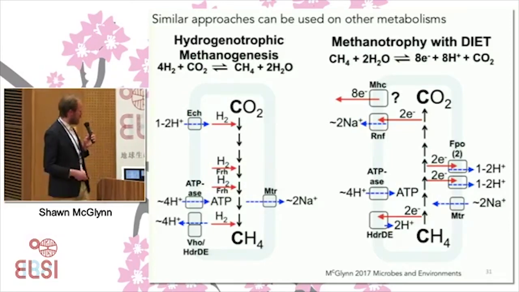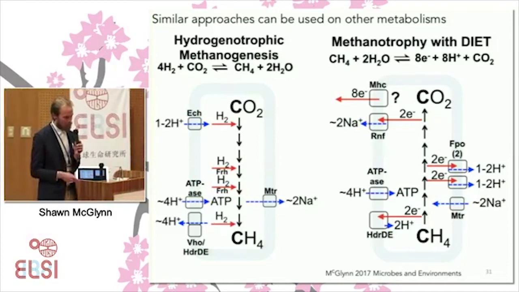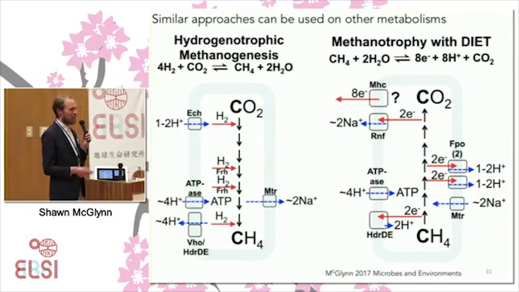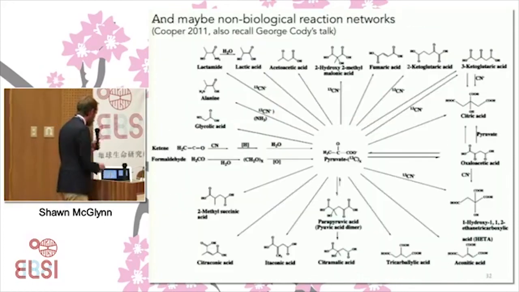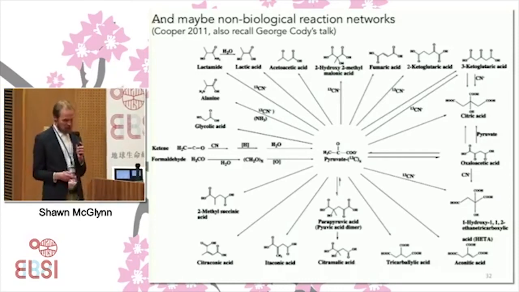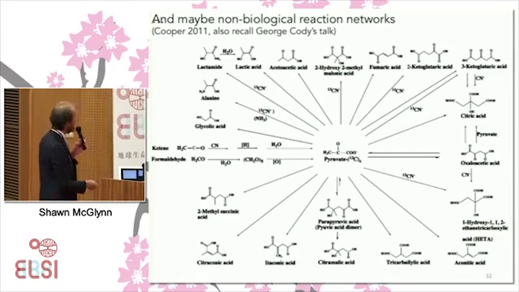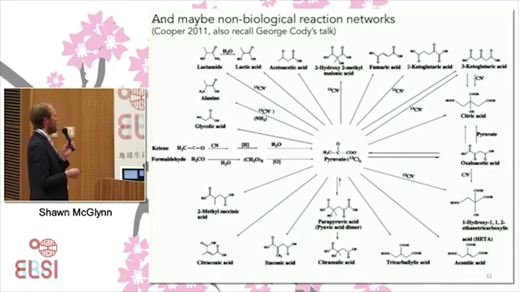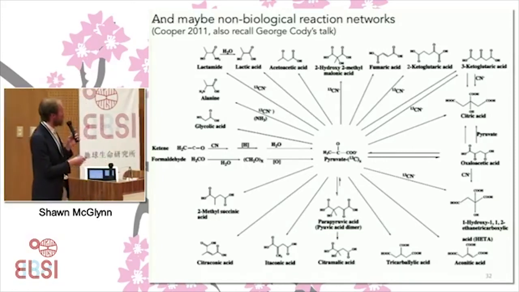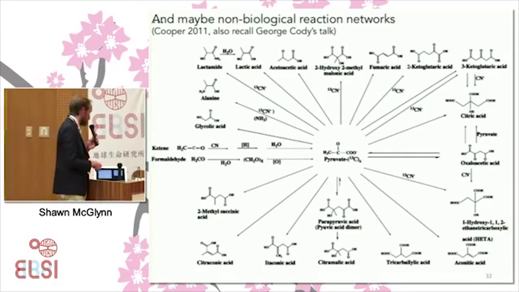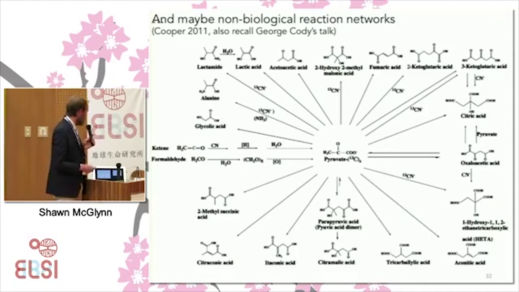So I hope that this way of determining enzyme-specific apparent kinetic isotope fractionation factors will help us understand a lot of metabolisms and how sequences evolve through time catalytically. And then, when I was watching George's talk, it occurred to me, really in force, that if we're careful, we will also be able to look at these proto-metabolic networks. And if we can start measuring catalytic rates of these types of reactions by different catalysts, we'll be able to start to use these types of isotope measurements to understand in more detail these non-biological reaction networks.